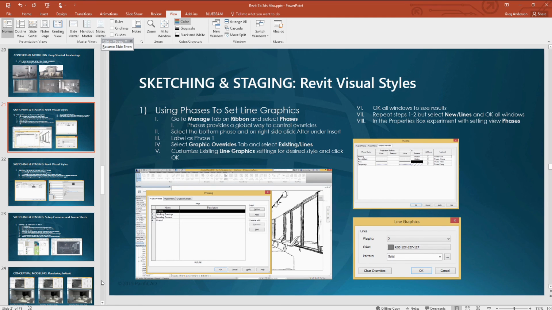So this happened to me too. Here's my first one: we got a client coming in, Greg, yeah, let's make it all gray. I could bring it into Max and do this really quickly, but I wanted to render it out of Revit. So does anybody know how you can put an override on the whole thing? I think I probably have it on the screen, so you're cheating, but